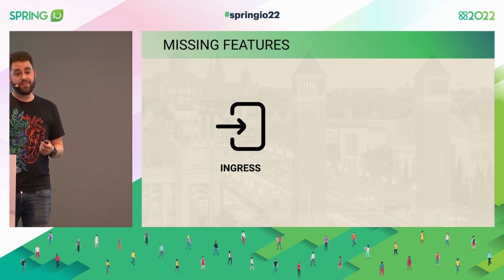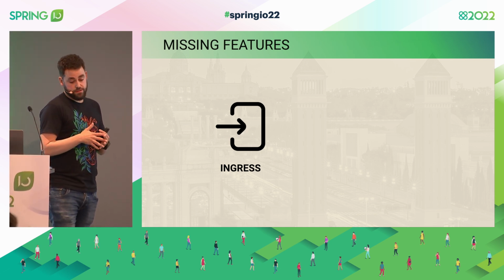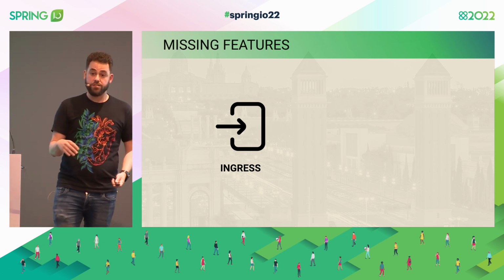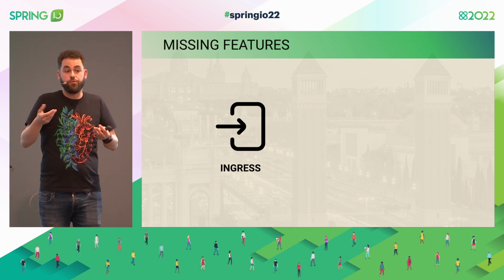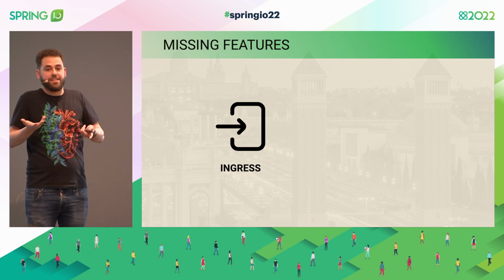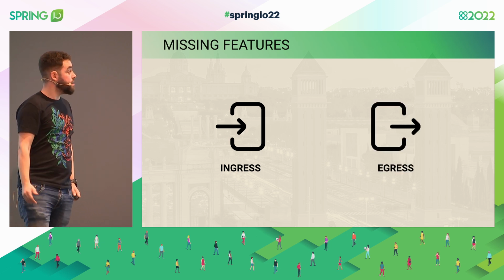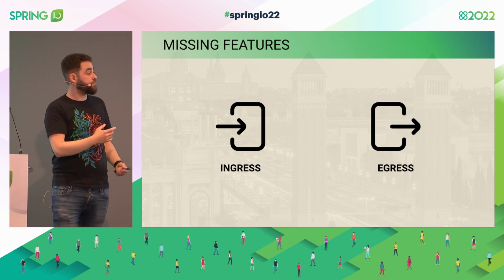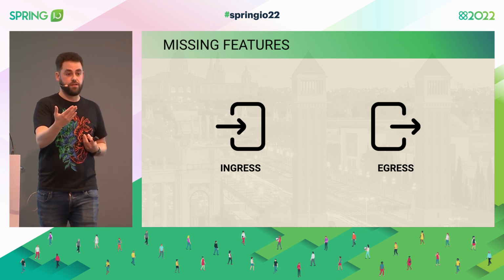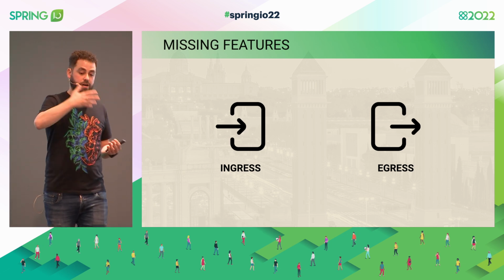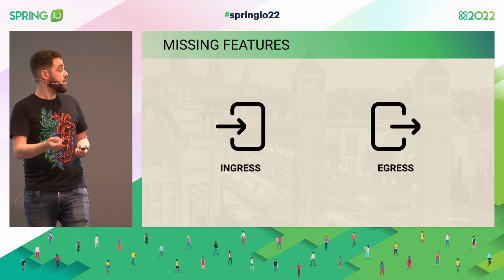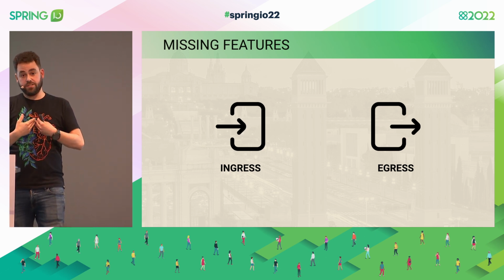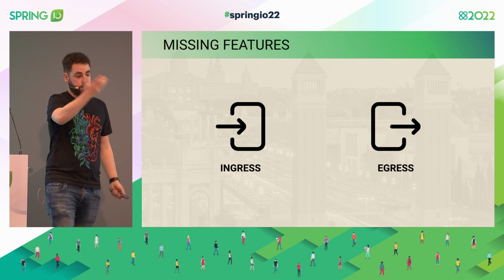On one hand, we might have the ingress things. So this just the incoming traffic to our application. So we might need to add some logic when we receive a request. Logging is one example. We want to log what's coming in the application, but also what's going out. So we are going to focus on egress also. That is the outgoing traffic. So ingress would be a request comes from a client or other service to our application. And then egress will be our application just calling another application or endpoint or whatever.